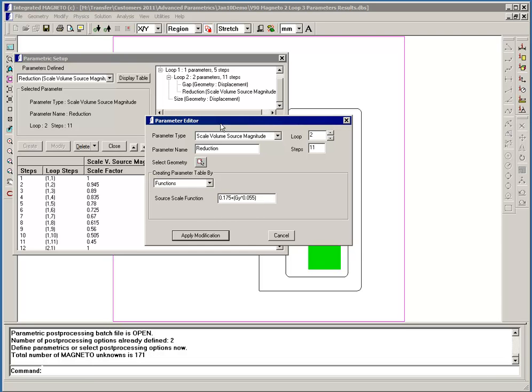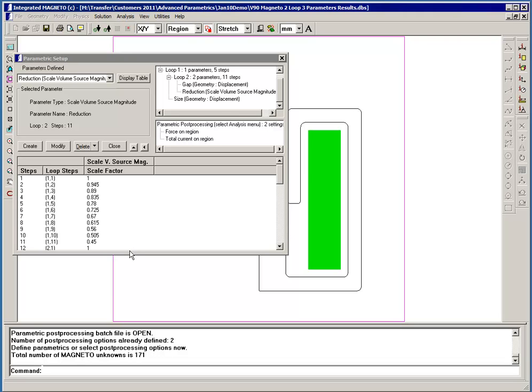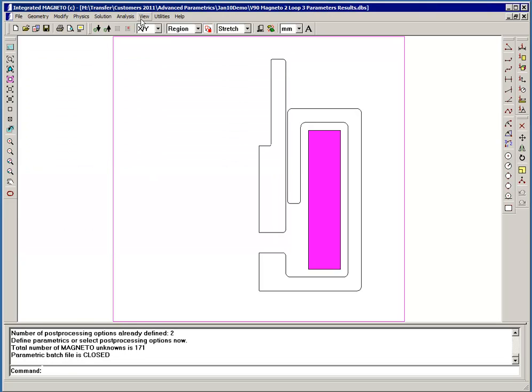So this is in some ways better, because now instead of basing the reduction on the step number, which you may change, it's now based directly on the y value of the core position. And you can see now, again, at the initial position, you have the full volume current, and then it reduces down to the last position where it's about 0.45 instead of 0.5 as it was in the first formula. And looking at the results